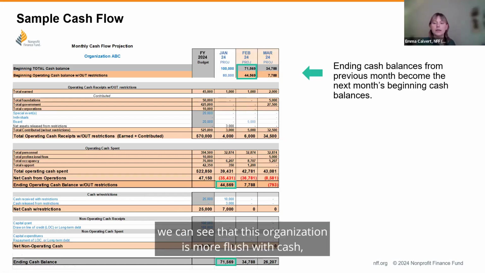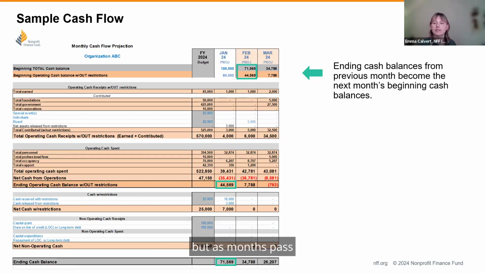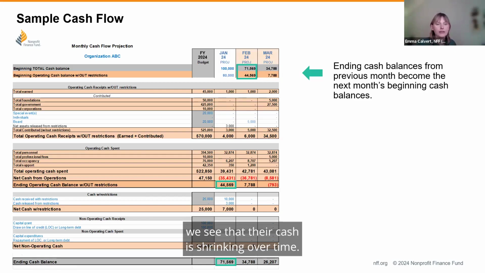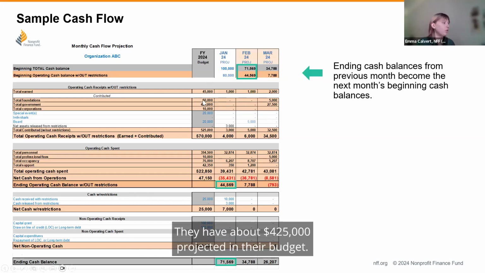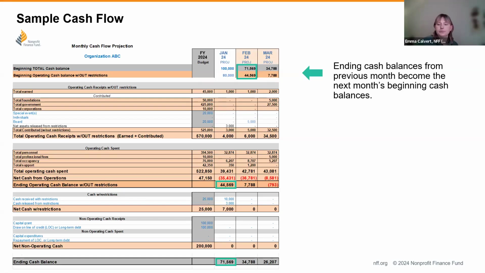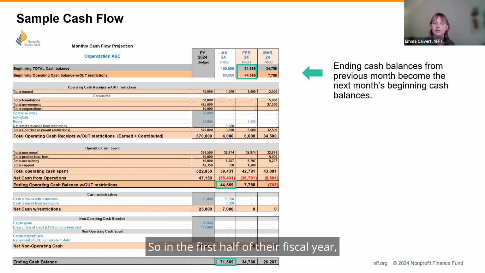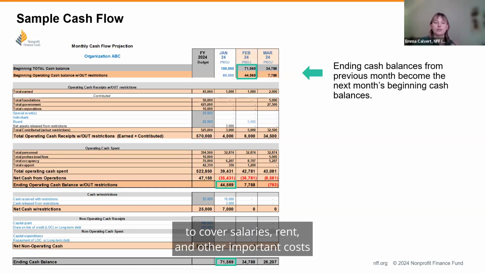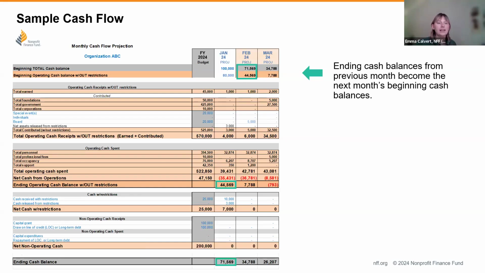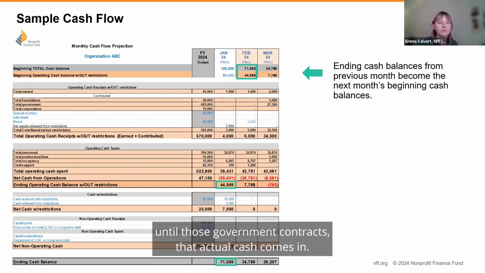So at the beginning of the year, we can see that this organization is more flush with cash. But as months pass, we see that their cash is shrinking over time. And looking at this organization's budget, we see that the majority of their funding comes from the government. They have about $425,000 projected in their budget. And so the bulk of their revenue might not come in until the fall. So in the first half of their fiscal year, they need to be thinking about how much cash they need to cover salaries, rent, and other important costs that keep their organization running until those government contracts, that actual cash